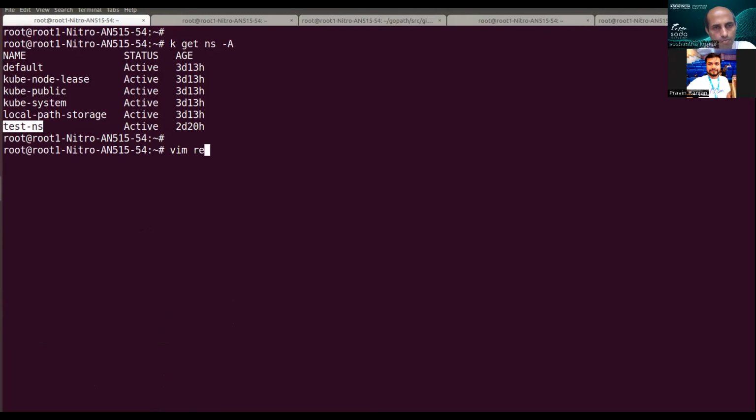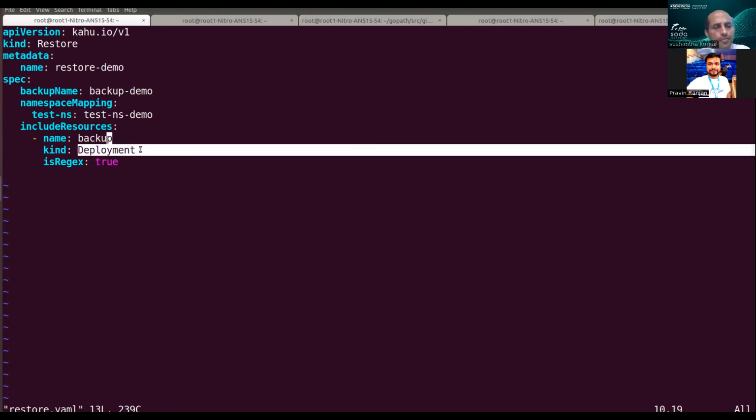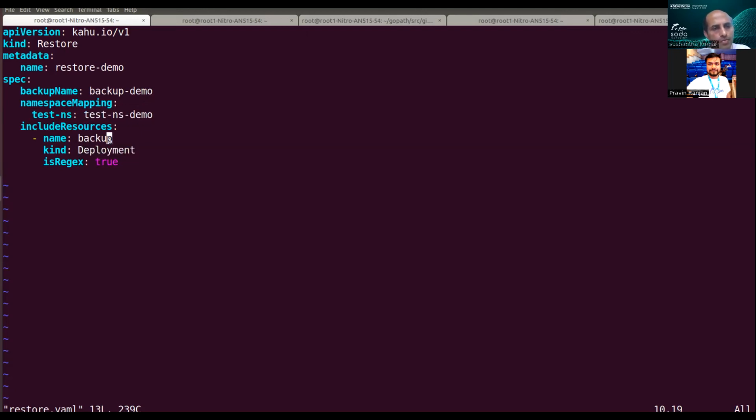So if you see the restore YML, I'm just giving the name restore demo, and from which backup I have to restore. So the backup name should be given, backup demo. And the namespace mapping means this backup demo is from the test namespace, and I want to store it here in test namespace demo. So it will create a new namespace and store all these things into that namespace. And simply I want the deployment part the same. Whatever the backup was there for that deployment, it will pick